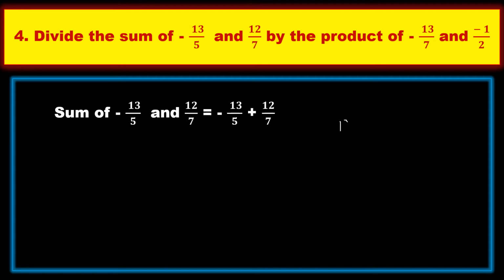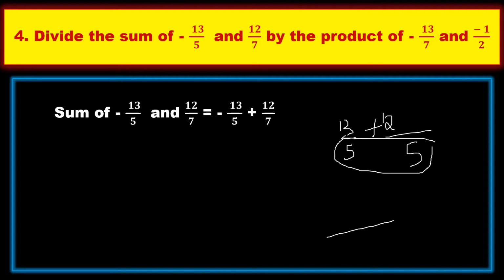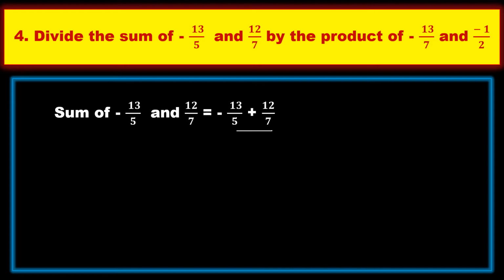Suppose you have like this 13 by 5 plus 12 by 5. If my question is like this, I can add them directly because my denominators are same. When my denominators are same, I can write 5 as my resultant denominator, because when you take LCM of these two, you'll get 5 only. Then I can add these two directly like 13 plus 12. But here in our question, the denominators are different. Whenever the denominators are different, the only thing you can do to add is by taking the LCM. So 5 and 7, the LCM of 5 and 7 is 35.